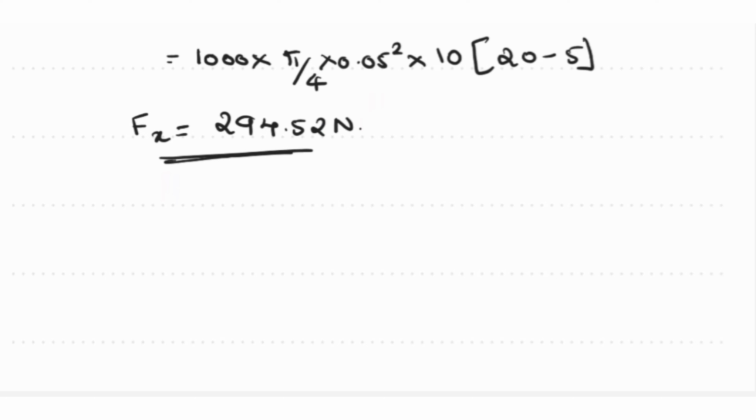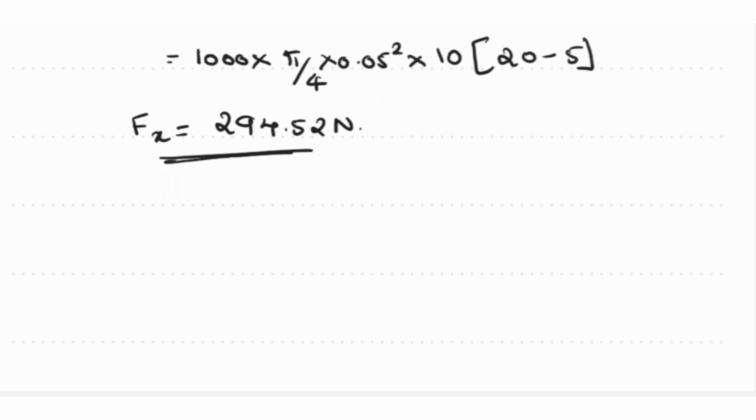A jet of water of diameter 50 mm having a velocity of 20 meter per second strikes a curved vane which is moving with a velocity of 10 meter per second in the direction of jet. The jet leaves the vane at an angle of 60 degree through the direction of motion of vane at outlet. Determine the force exerted by jet on the vane in the direction of motion. Second one is work done per second by the jet.